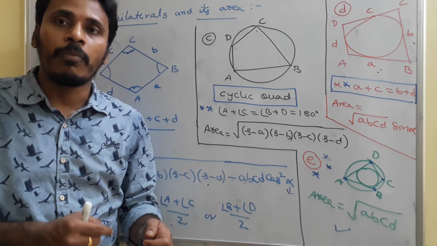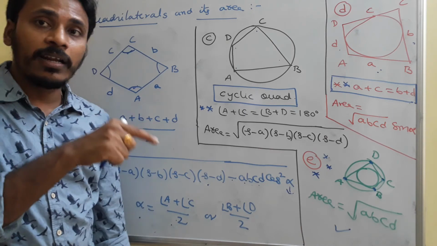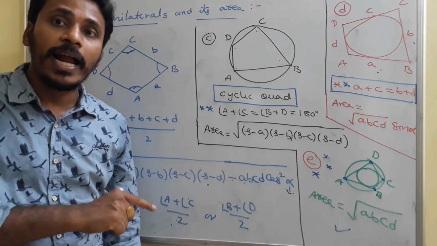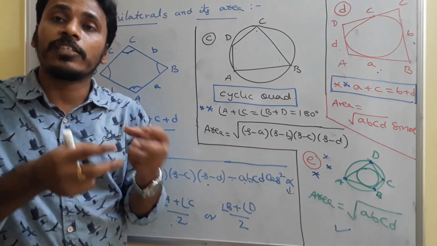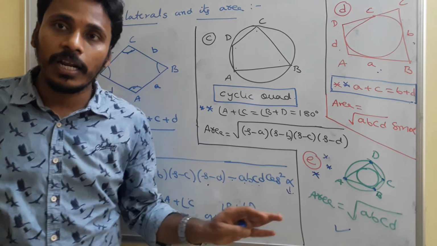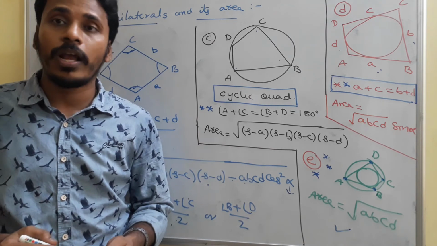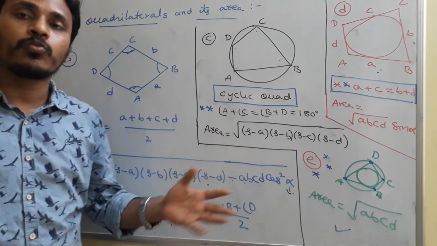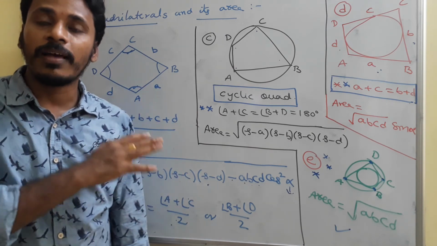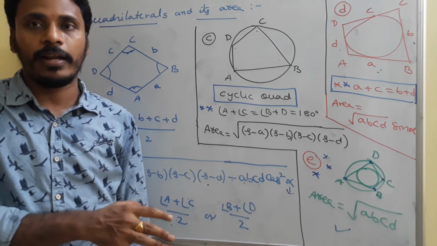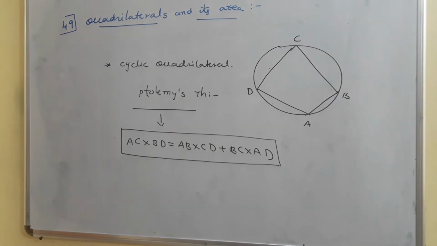So depending on the problem, first of all we need to read the question. How is it given? If the quadrilateral is inscribed, then use this one. If the quadrilateral is circumscribed, then use this one. If a circle is inside and another circle is outside, then use this one. Or in a general case, use this formula. Or if it is a special quadrilateral like rectangle, square, rhombus and parallelogram, use the formulas which I listed in 949A. Okay, just observe everything. This is something related to the areas of quadrilaterals. Okay, have a look.